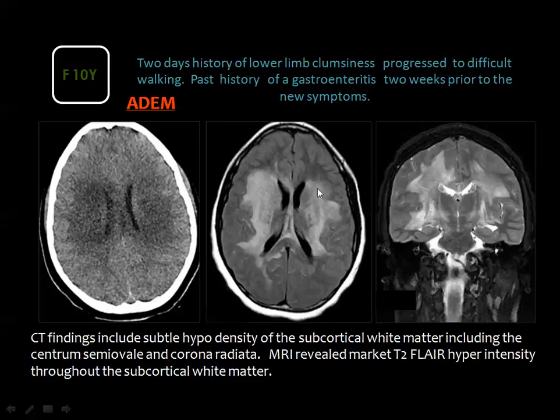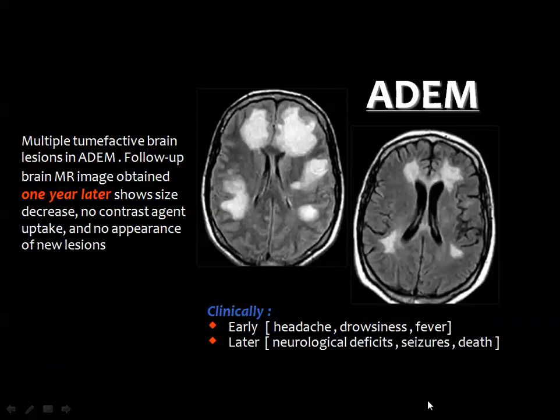The lesions are more well delineated and appreciated in this axial FLAIR weighted image and also in the coronal T2 weighted image. Of course, on the follow-up of ADEM, this is a regressive disease, and this is an example. You see patches in the white matter, and after 1 year follow-up, there is evident regression in the distribution of